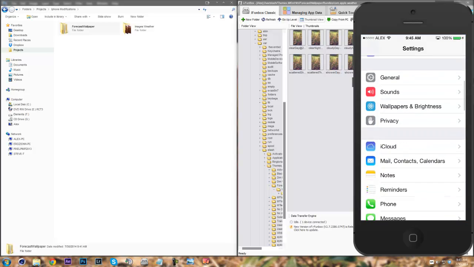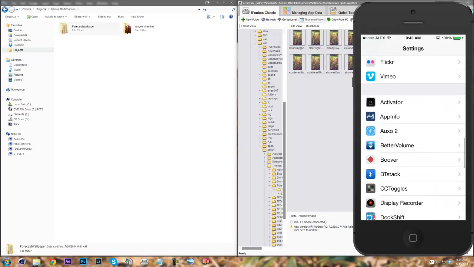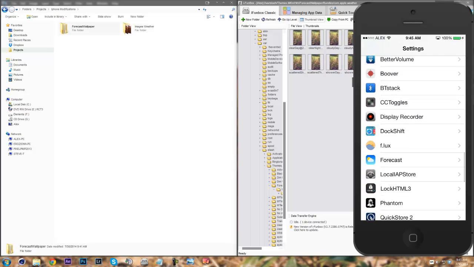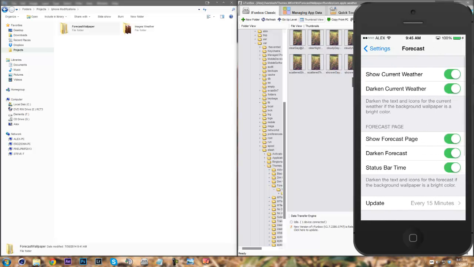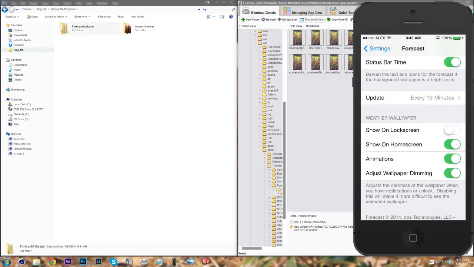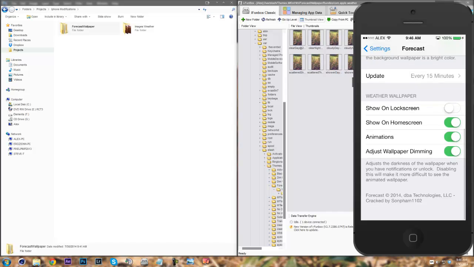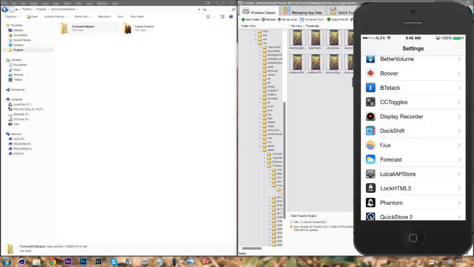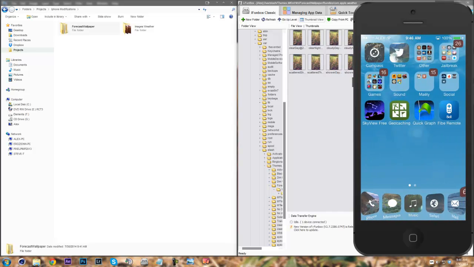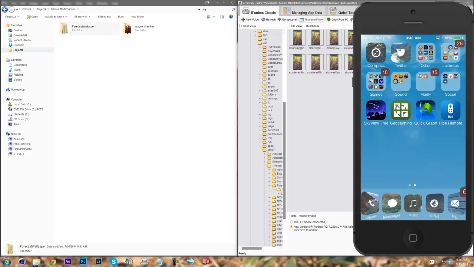So if you don't already have that enabled, you're going to want to go down in your settings to Forecast, and make sure you have show on home screen and animations both enabled. Now you can also do this for your lock screen. I just chose not to because it's a little bit repetitive to have the same wallpaper. So anyway, once that is enabled and your device has been resprung, all you have to do is go over to